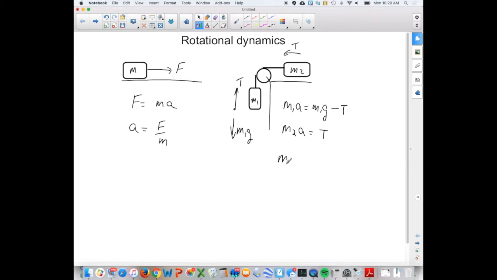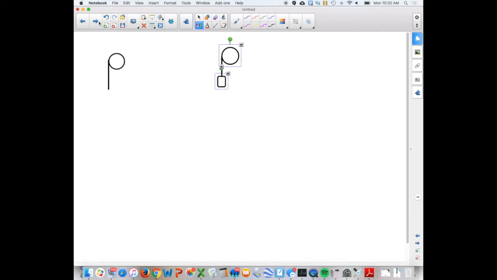Combining these two equations, I get M1A is M1G minus M2A, so M1A plus M2A is M1G, and A is equal to M1G over M1 plus M2, which makes sense. You effectively have a force divided by the total mass. Now, since we've learned about moment of inertia and rotational kinematics, let's imagine I have a situation here